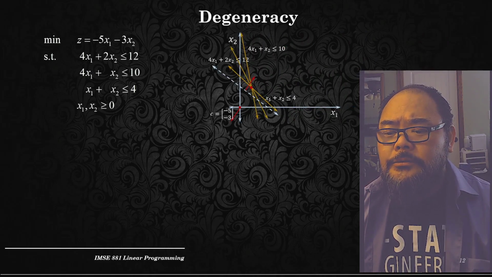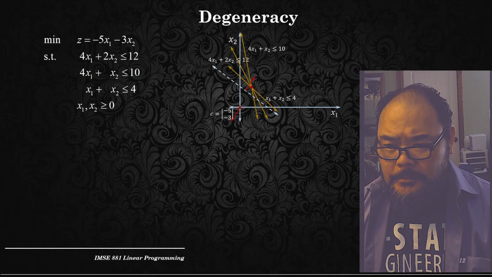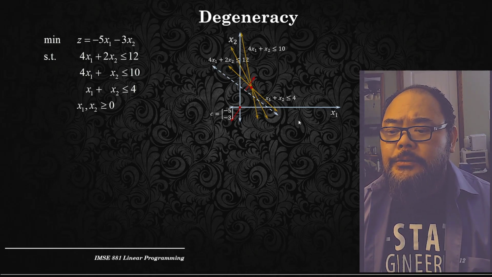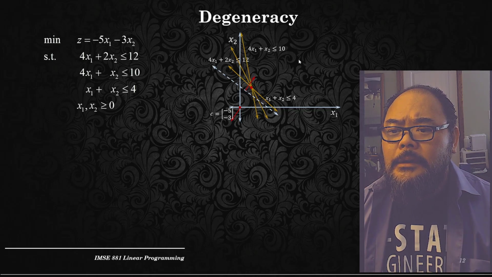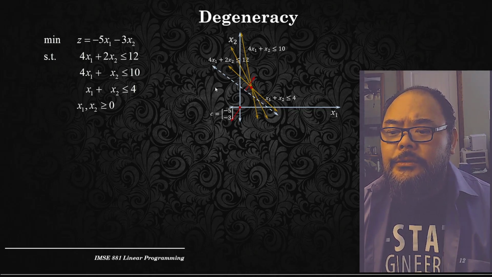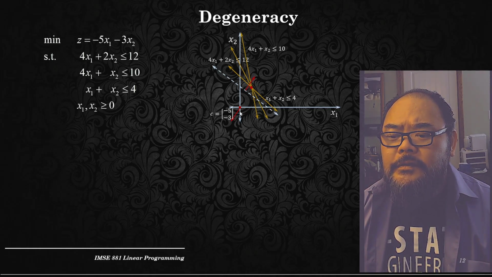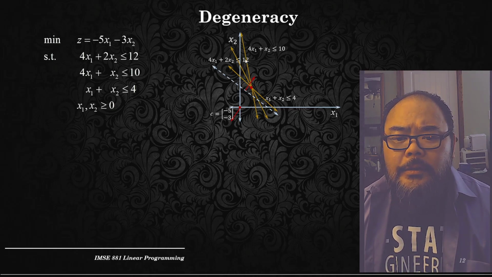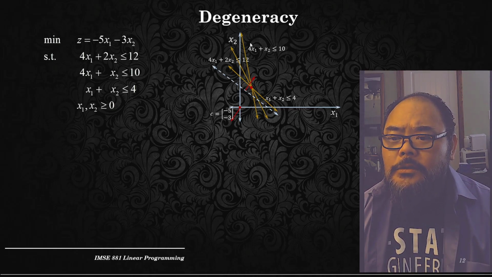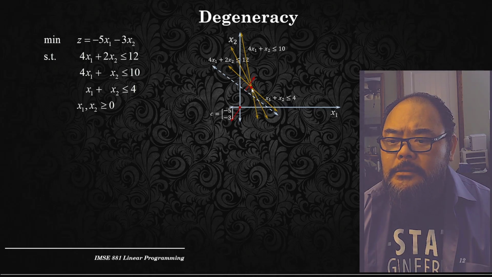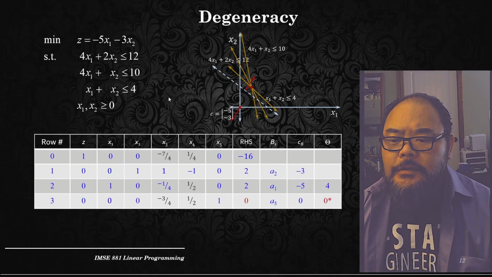I've drawn the constraints with respect to x1 and x2. The blue line right here represents the objective function value level set, and c is the vector -5, -3. Since we're minimizing, we're going to push this objective function in that direction. And we see that all three constraints actually intersect in this point. So therefore, we see the